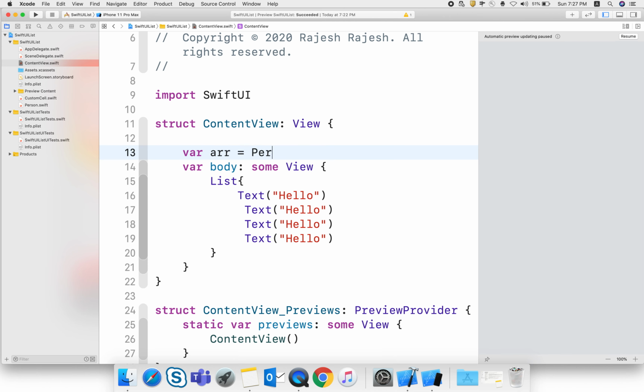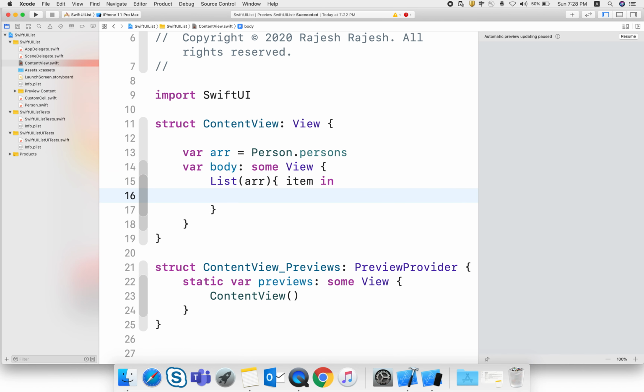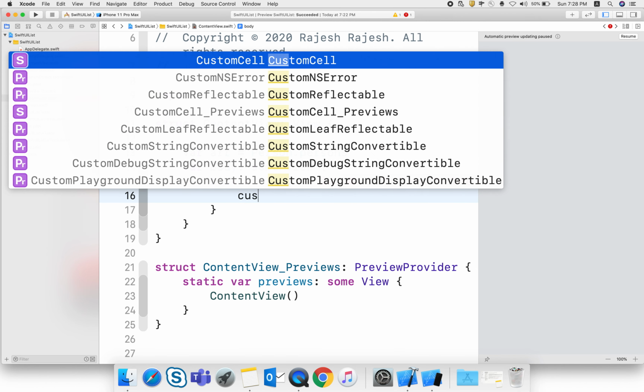What we get from our data model, Person.persons, we assign that persons array to this variable, and now here I am using that variable, that array. And what I simply need to do is call the custom cell that I created.